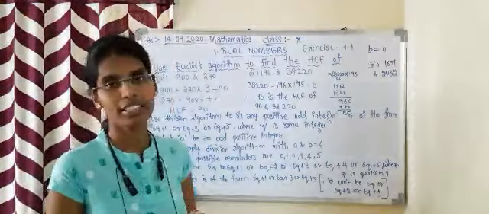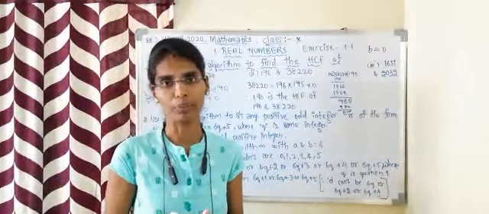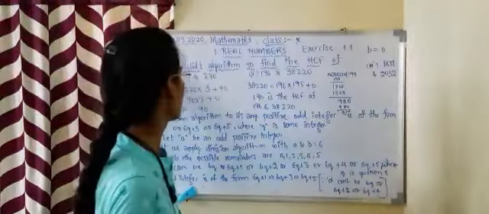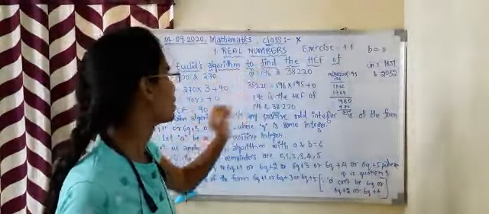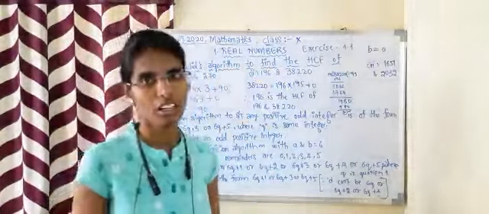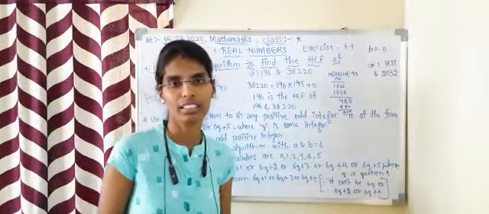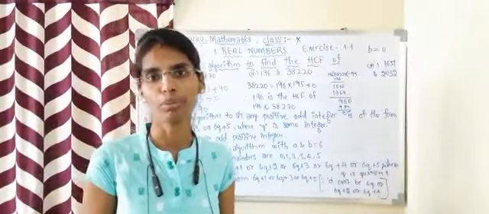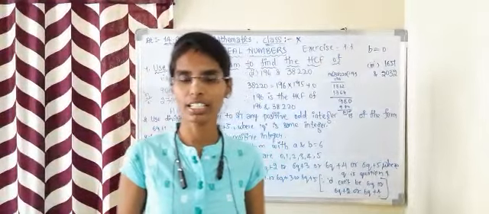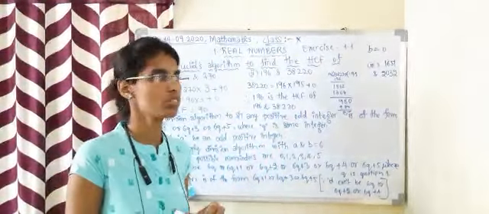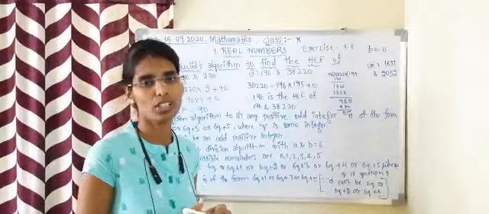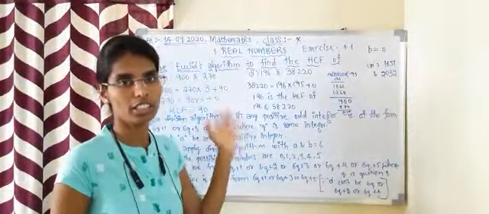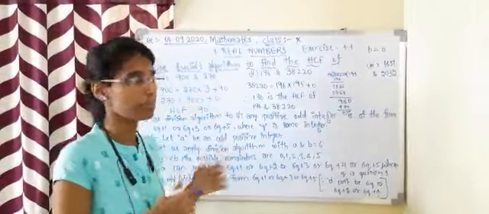Now let's go into exercise 1.1. In the first exercise, first bit, use Euclid's algorithm to find the HCF of 900 and 270. If we calculate the same HCF using a normal method, it takes a long process. By using Euclid's division algorithm, it is very easy to calculate the HCF of such big numbers like 900 and 270. Not only this, we can calculate for larger numbers than this.